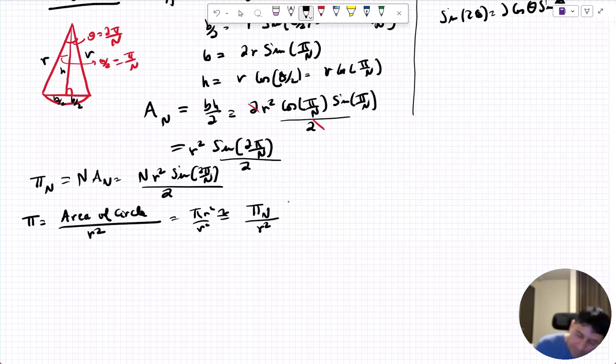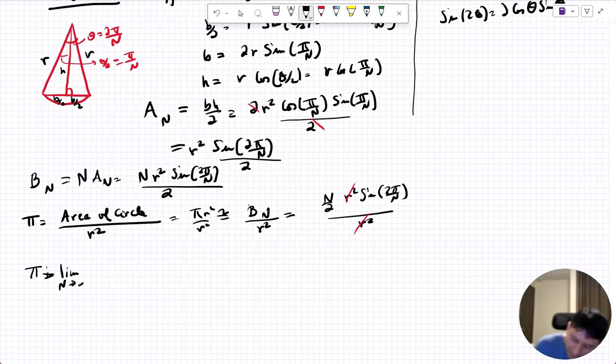Well, I should probably not call that pi n. So let's call that something else. So let's call that bn. And then this would be bn, which is equal to n over 2 r squared sine of 2 pi over capital N, divided by r squared. So the r squares cancel. So we're going to look at the approximating area. So pi is going to be the limit